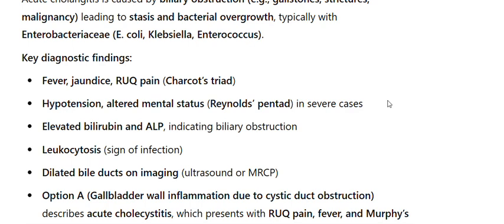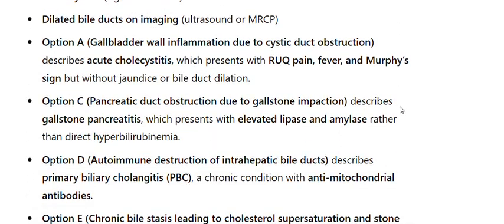ultrasound, or MRCP. Option A, gallbladder wall inflammation due to cystic duct obstruction, describes acute cholecystitis, which presents with RUQ pain, fever, and Murphy's sign, but without jaundice or bile duct dilation. Option C, pancreatic duct obstruction due to gallstone impaction, describes gallstone pancreatitis, which presents with elevated lipase and amylase